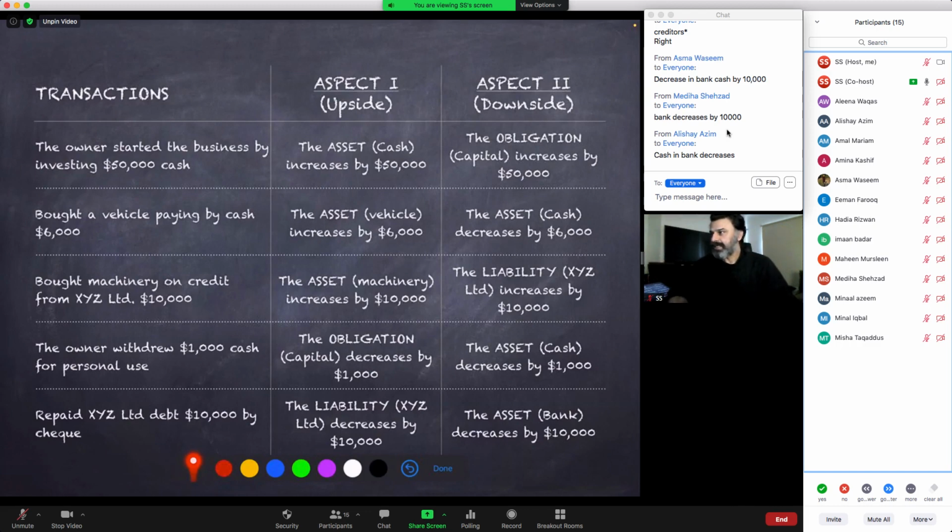Even if we are talking about non-financial aspects, as in हम जरूरी नहीं कि financial transactions की बात कर रहे हैं. अगर हम non-financial transactions की बात भी कर रहे हैं, तो भी आप upside और downside हमेशा होगी वहाँ पे, right? For example, you gave some food to a poor beggar on the street, right? There is an upside. The upside is that you did it for the incentive of